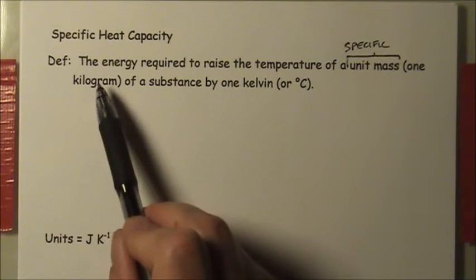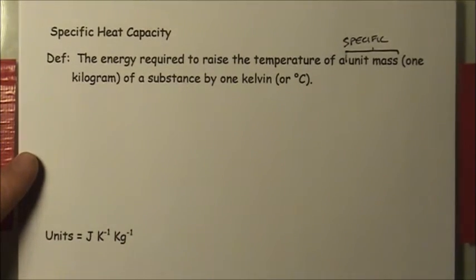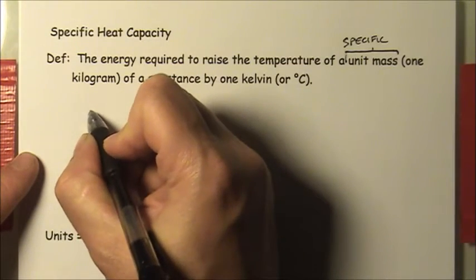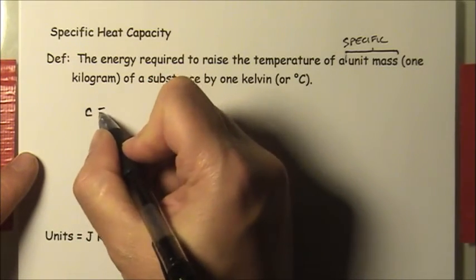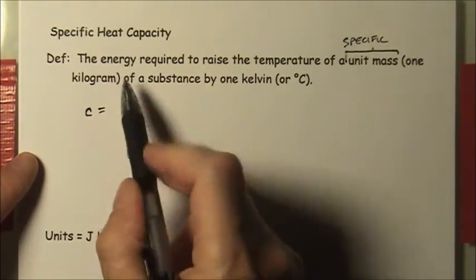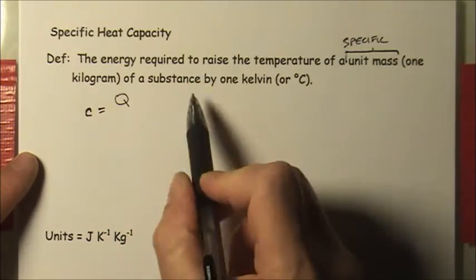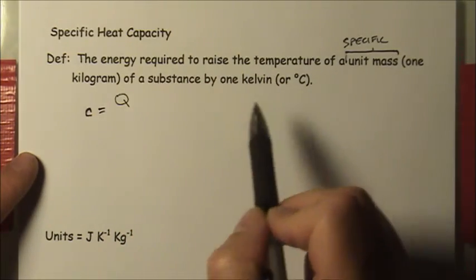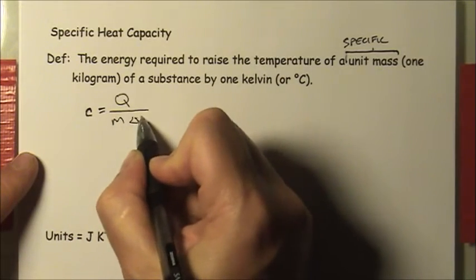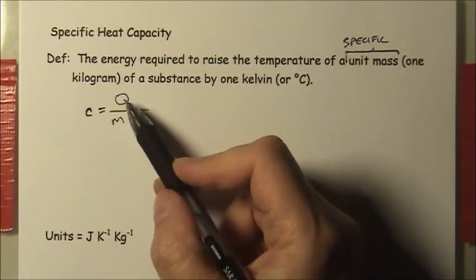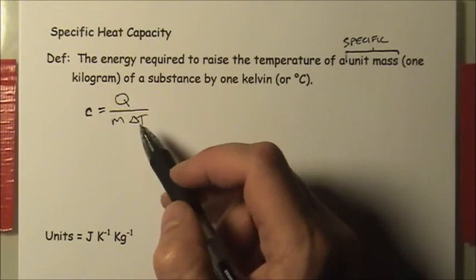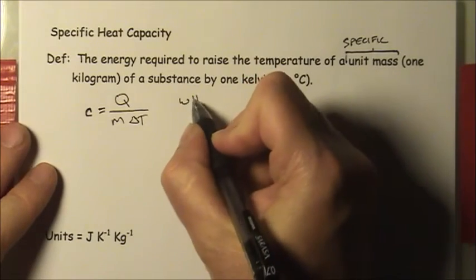So since it is defined as the energy to raise the temperature by 1 degree Kelvin or Celsius, we can write an equation for C. And that equation would be the energy. So this is going to be the energy per unit mass per degree Kelvin. So this is going to be Q. The energy per kilogram per degree Celsius or per Kelvin, where